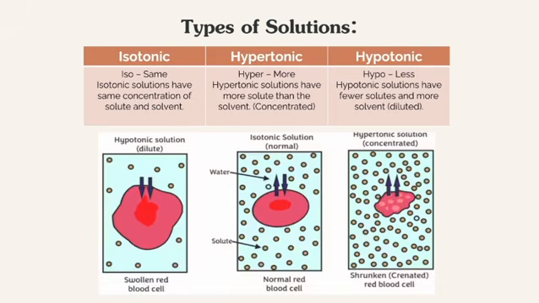Now in the second, isotonic solution, as there is the same water concentration outside and inside the cell, no osmosis takes place and the red blood cell stays normal. In the hypertonic solution, which is concentrated, meaning there is less water potential outside the red blood cell, there is more solute, and there is a higher water potential inside the red blood cell. So water particles will move from inside the cell to the outside, as it moves from high water concentration to a lower concentration. So the red blood cell will shrink because water leaves it.